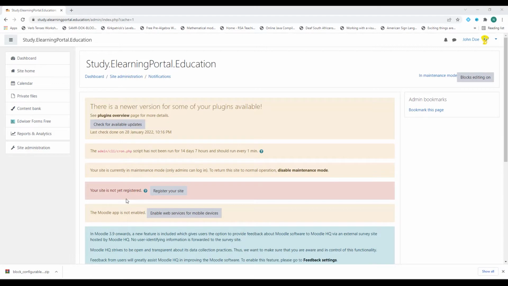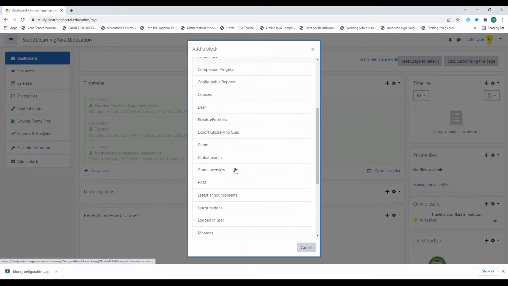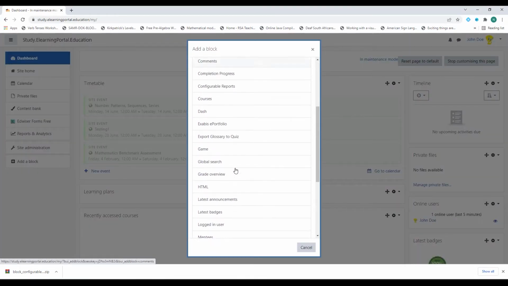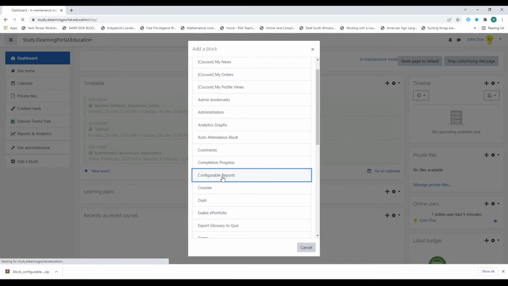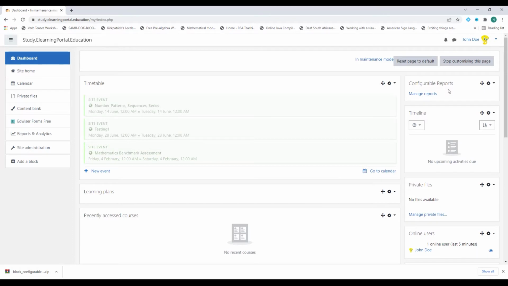Okay. Now that it's installed successfully, you can click on Turn Editing On. And then once here, you can add a block to your dashboard. Add a block, search for Configurable Reports, it's under C, there you see it, click on it, and it will add that Configurable Reports to your dashboard. Now you need to configure it, click on Manage Reports,